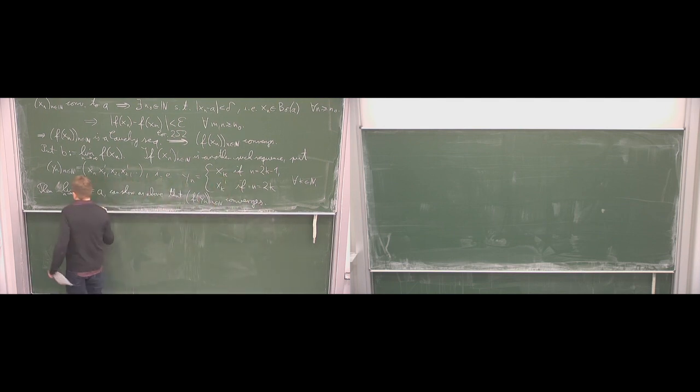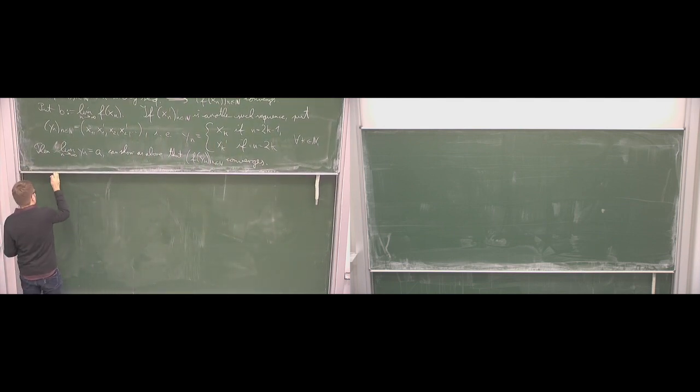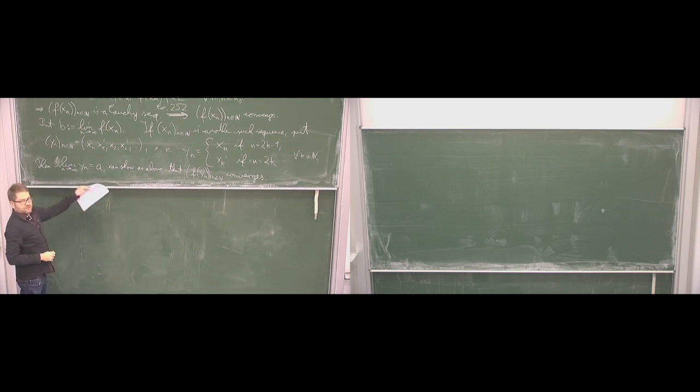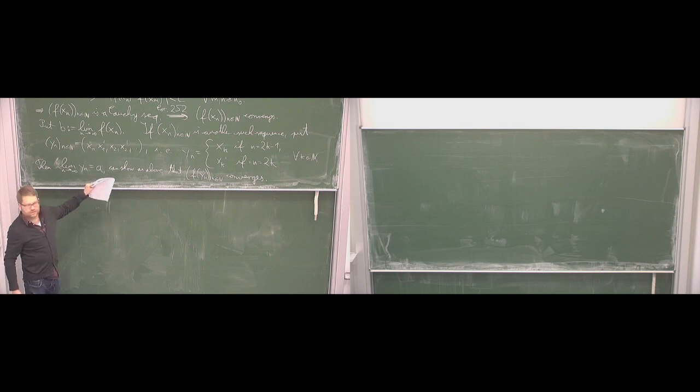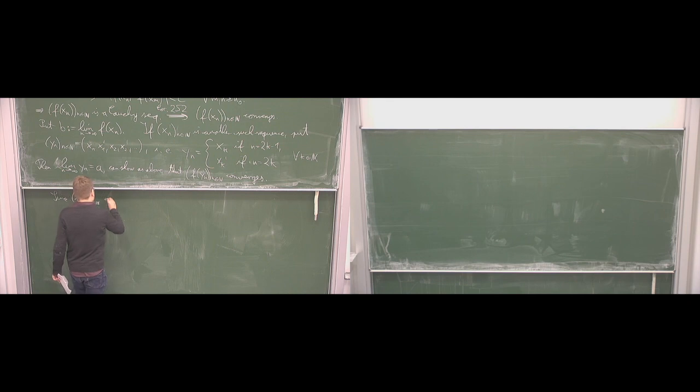Okay, so how does this help? This has a nice consequence, because these two sequences, xn and xn prime, are both subsequences. The one is obtained if we just take the odd indices, the other if we take the even indices. So since xn, n in N, and xn prime, n in N, are both subsequences of y,